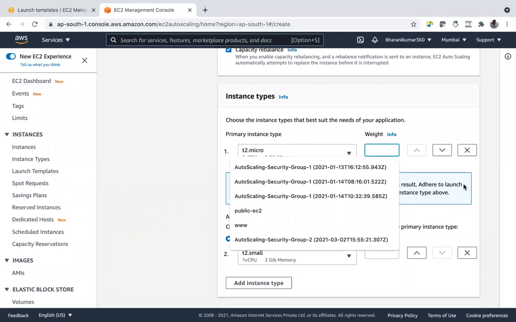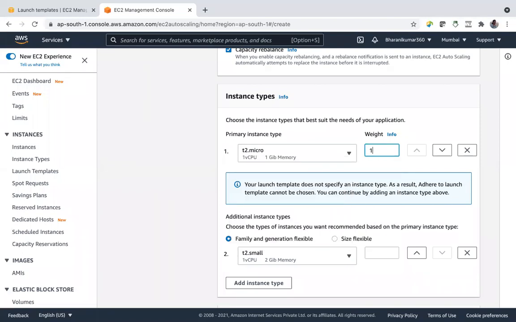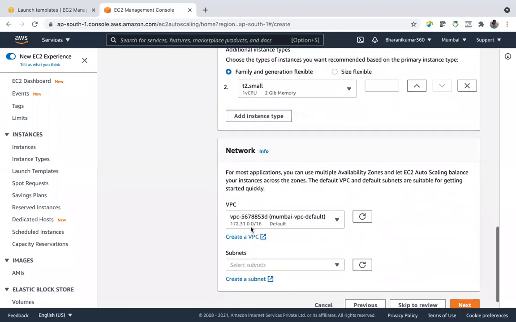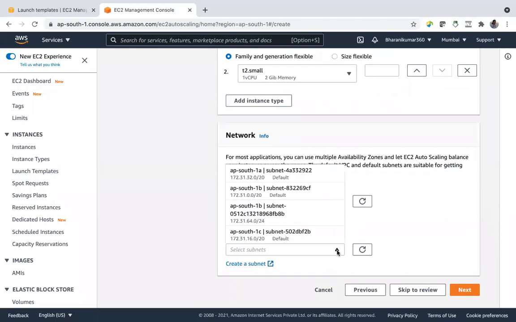Let's say 1. So additional instance types, let us keep this like this only, network and subnets.